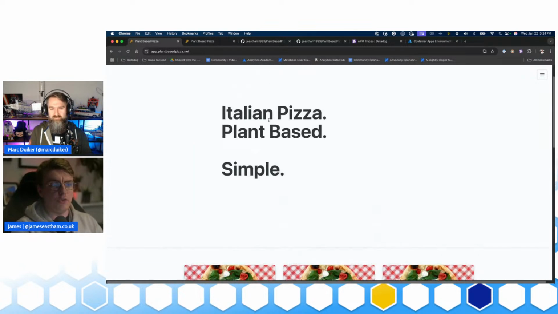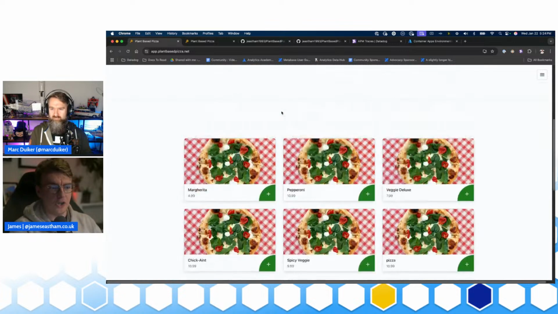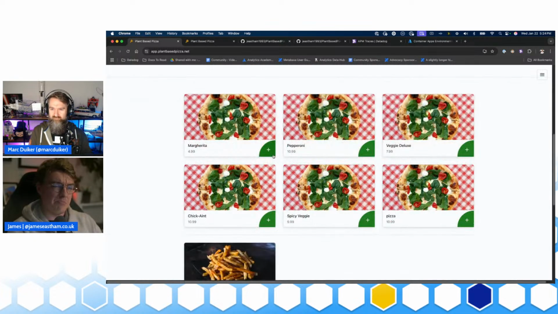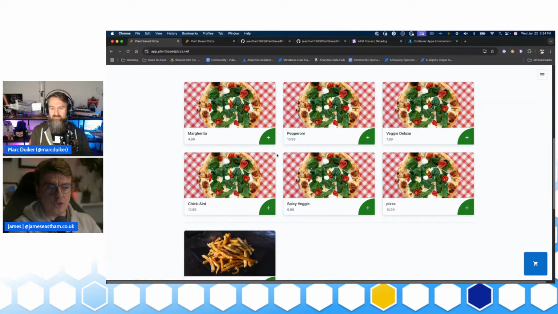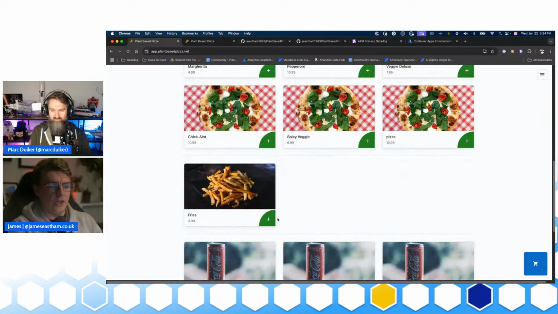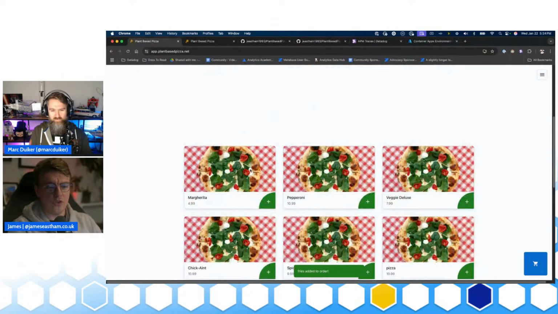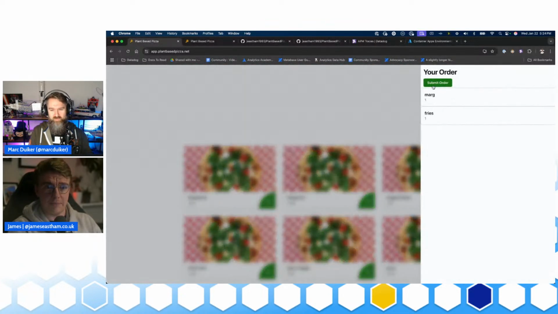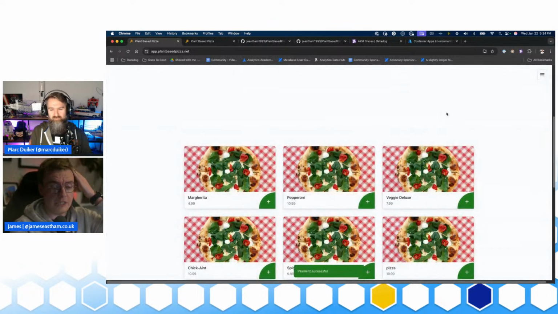In the application itself, you can register for an account and log in. There are maybe 6 or 7 different microservices in the background, and most of the communication is event-driven, so it's all event-driven architecture. You can pick a few things you want to order, pizza and chips, let's go for that, and I can go and order that pizza.